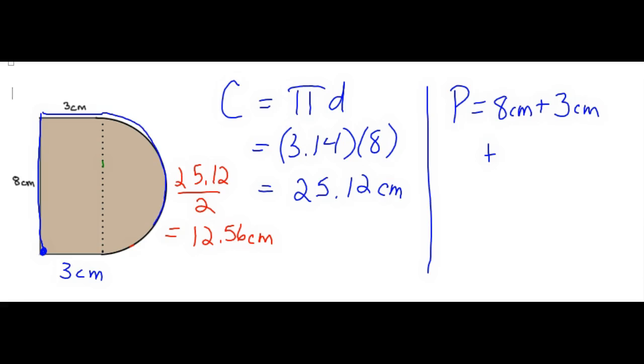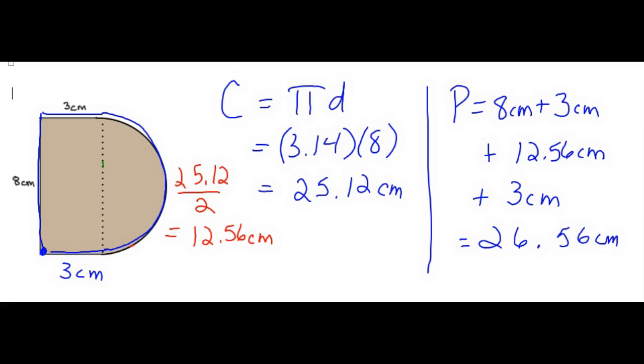around this whole semicircle here, which was that 12.56 centimeters. And then this last little bit right to the end, this extra 3 centimeters. So adding that up will give me the perimeter of the entire composite shape. And I get